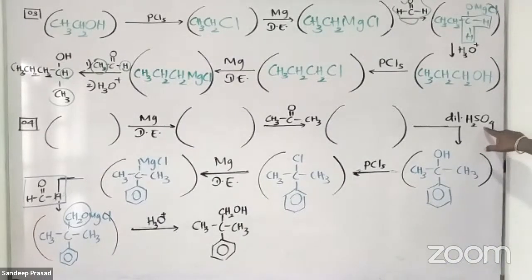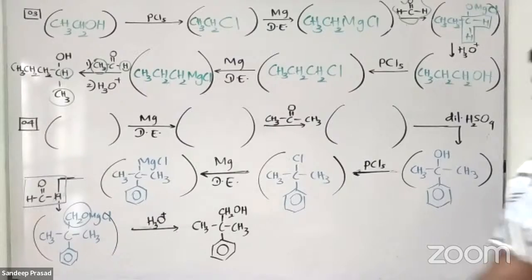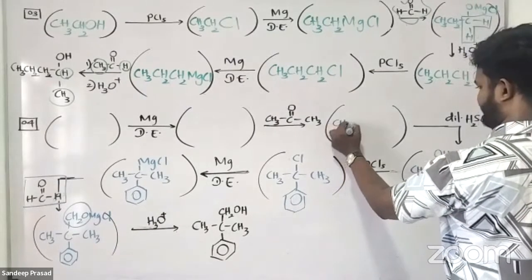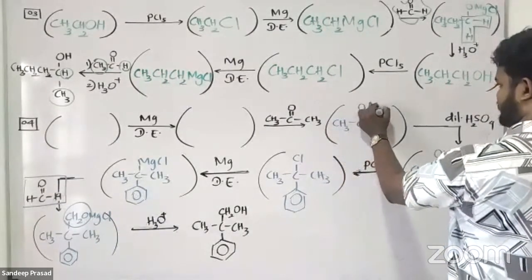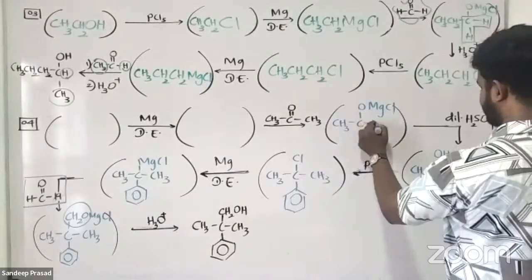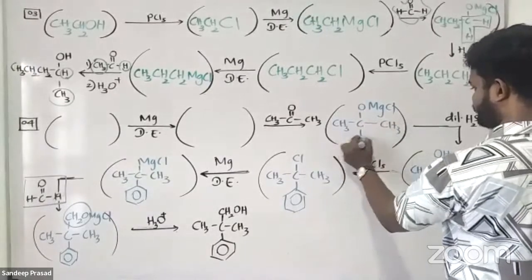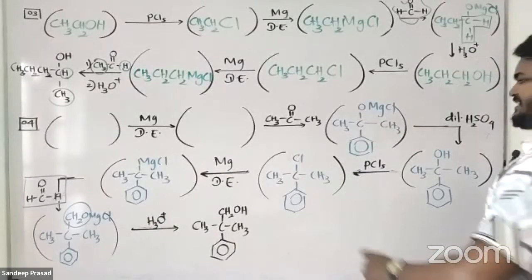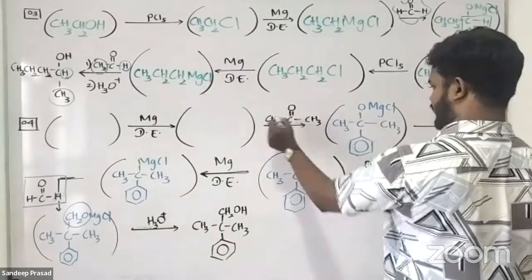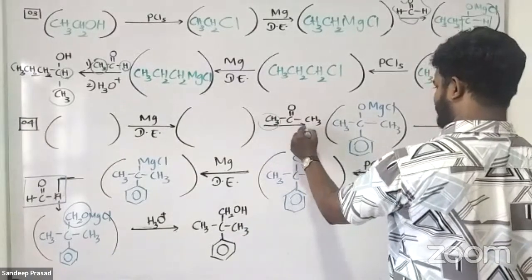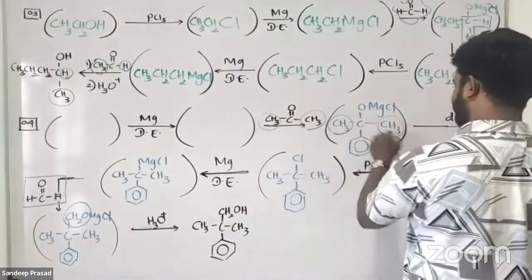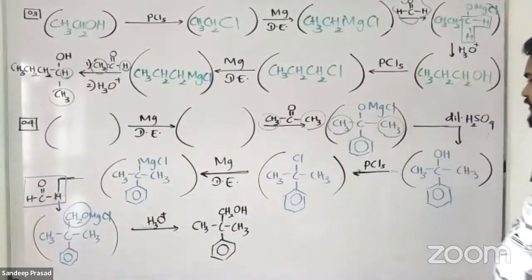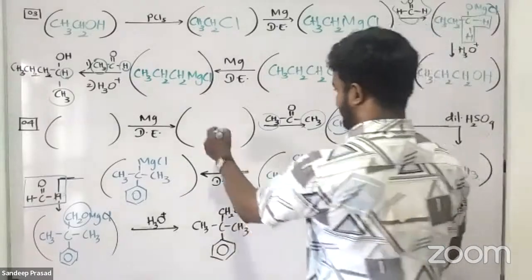And here H3O+, this is H3O+, right? Therefore, the previous one should definitely be MgCl something. They have added acetone here. You can clearly see that these two CH3 groups came from the acetone compound they have added. So then what is the remaining one? The remaining one is benzene